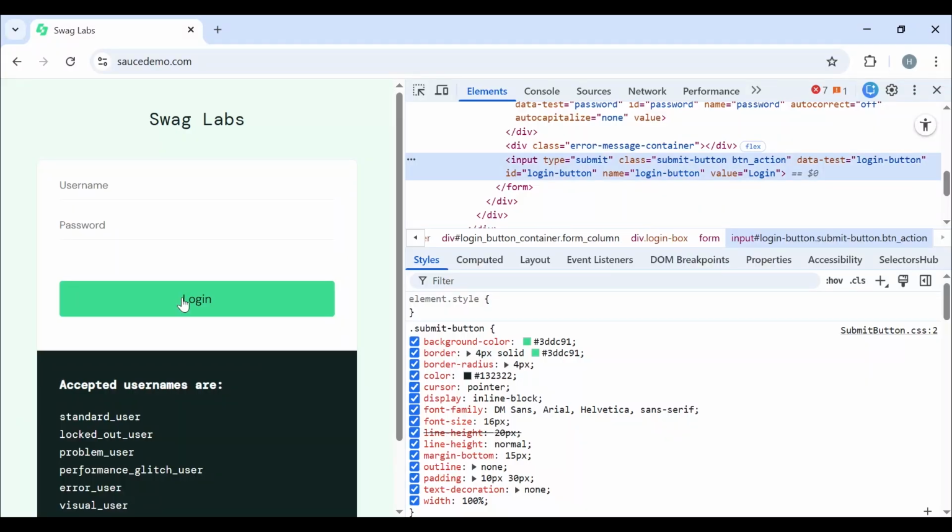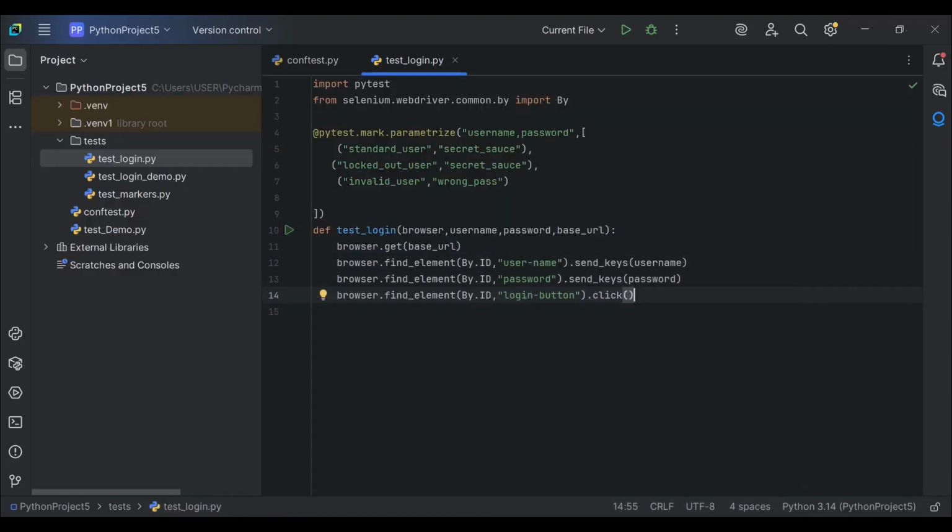If you want to enter some data in a field, make sure you use .send_keys, which is used for input data. Now we have successfully written our test. For running the test, just click on terminal,